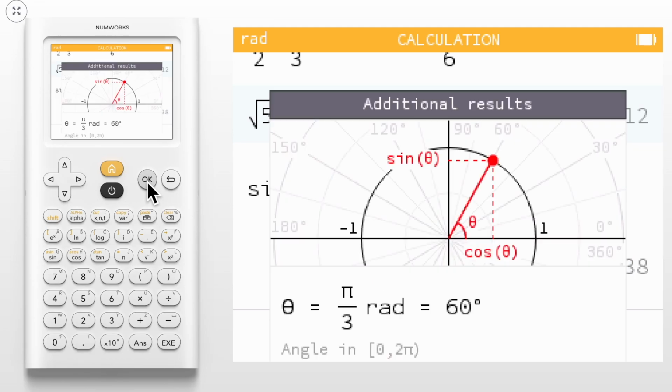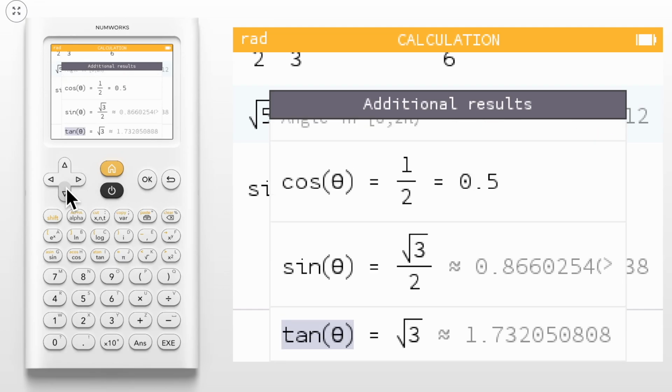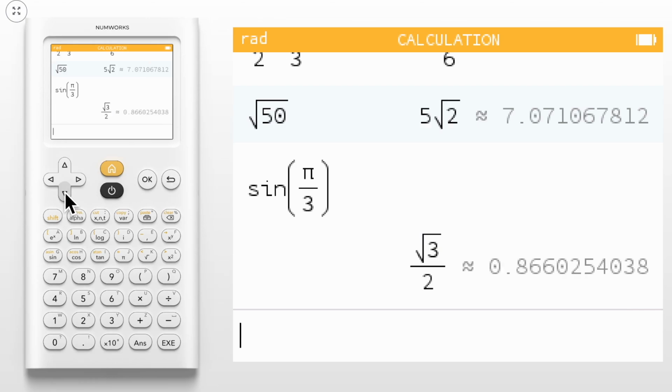Like for trig, you can see the value displayed on the unit circle, and down below you have the sine, cosine, and tangent values. I'll back out of my additional results now. You can also do computations with stored functions. For example, if I want to find the average rate of change of f of x from 1 to 5,